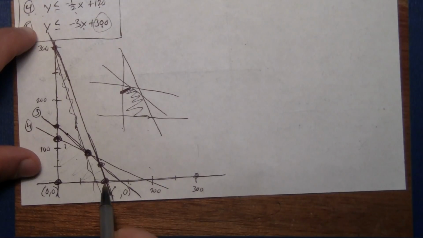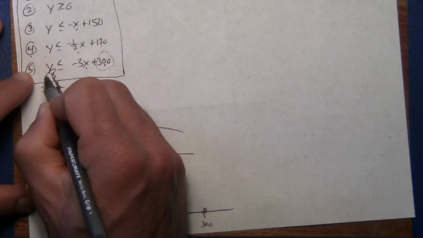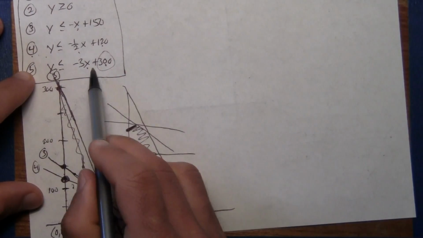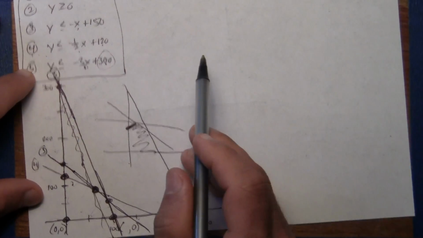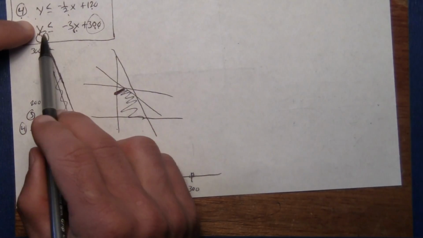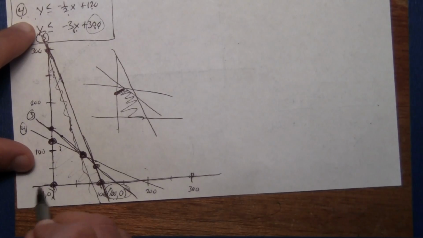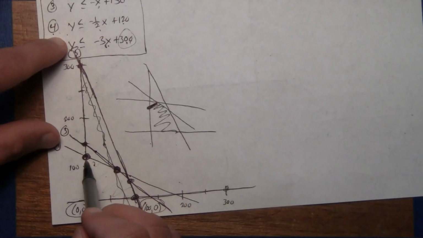I can see that the x value is actually 100, or look back, this is line number, I didn't write it, this is line number 5. If I plug 0 in for y, subtract 300, divide by negative 3, I'm going to get 100. So there's that point. If I look at this point,